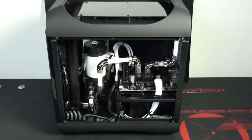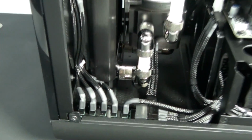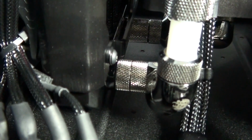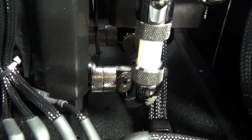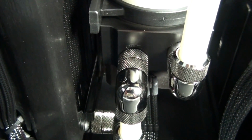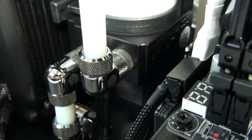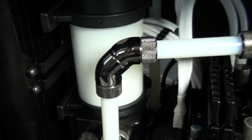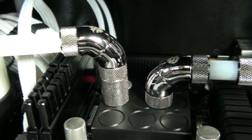By popular request, I'm now going to take you around the water cooling loop and cover all of the fittings that I've used. So starting at the bottom here, I've used a 5mm extension fitting, 90° single rotary, 90° dual rotary, two multi-link fittings, a 90° single, 5mm extension fitting. Then coming back out of the pump, I've used a 90° single rotary, another couple of multi-link fittings. I've then used this other type of 90° single rotary, another couple of multi-link fittings, 90° dual rotary, 15mm extension